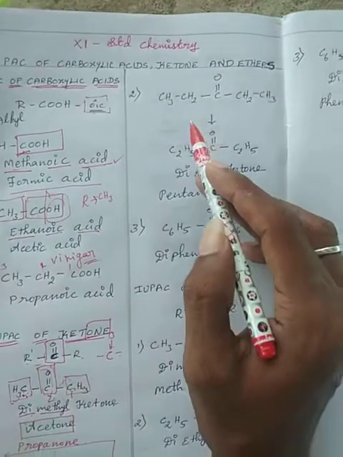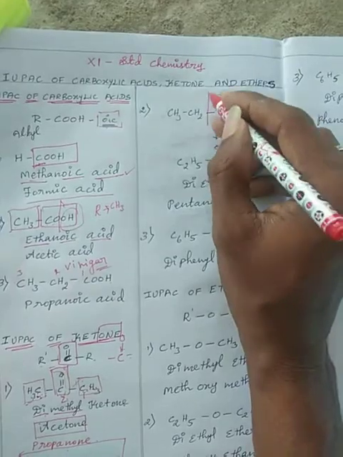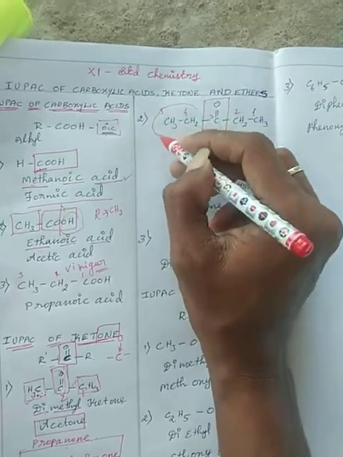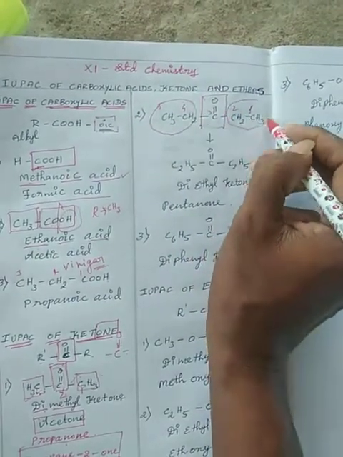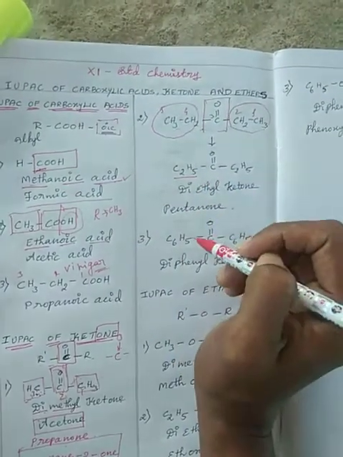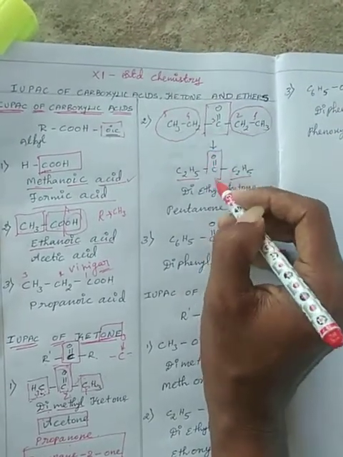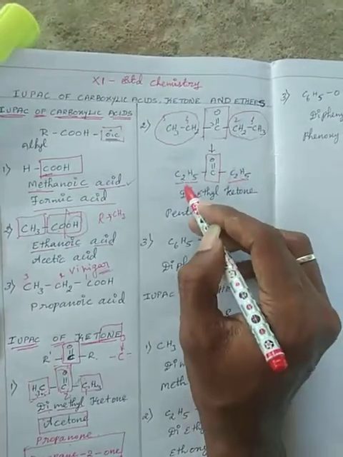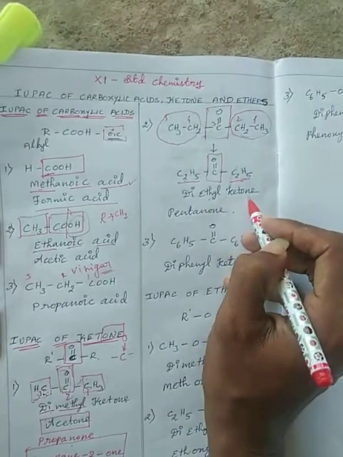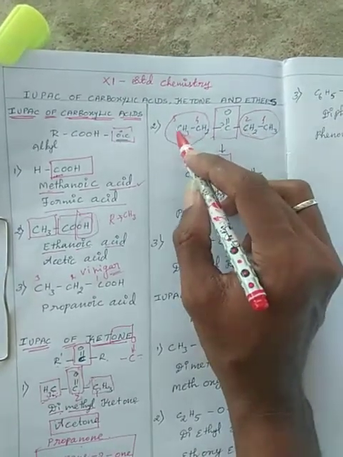Next, consider this: first carbon, second carbon, the third carbon is the ketone here. Then fourth carbon, fifth carbon. This is the same functional group on both sides. Considering the 2-carbon group, C2H5 is called ethyl. So C2H5 is called ethyl. In total, the ethyl group is present 2 times, so diethyl. Diethyl ketone is the very easy center name, but for the IUPAC name, count first carbon, second carbon, third carbon, fourth carbon, fifth carbon.